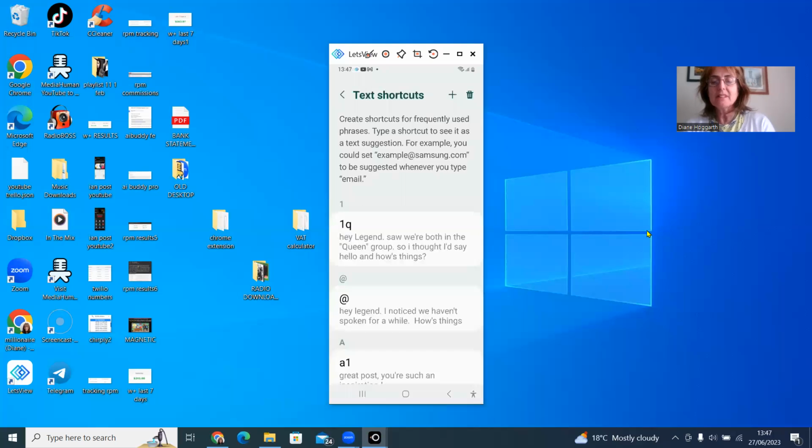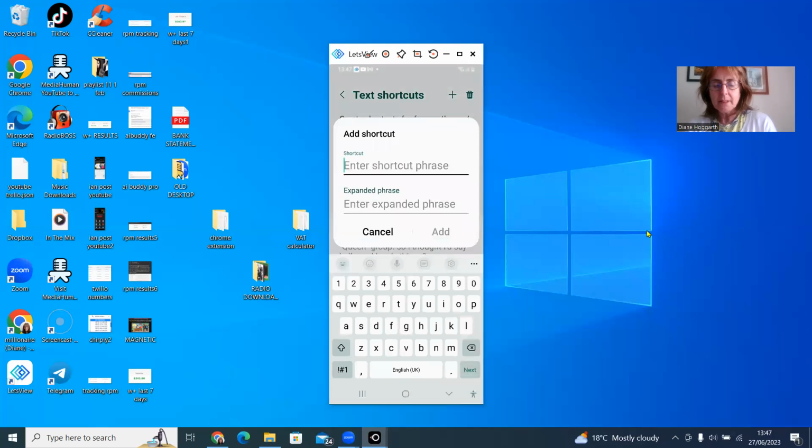Now, if you can see the plus at the very top, for example, you could put a shortcut phrase, and I would suggest not using numbers or single letters like S or I, because otherwise you'll get this sentence every time and it'll drive you nuts. So for example, I'll put a plus sign. Then I'm going to put